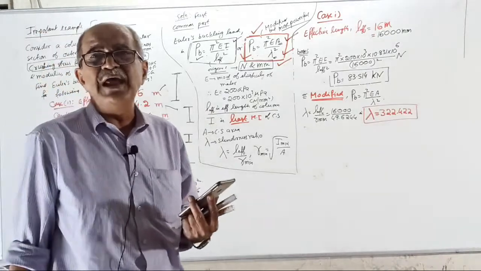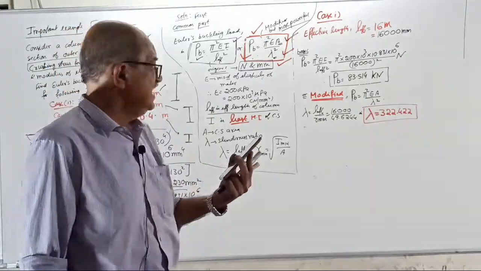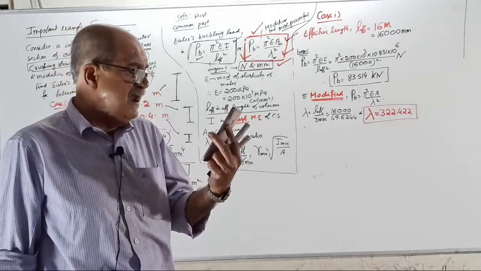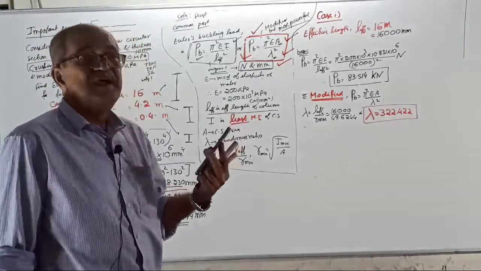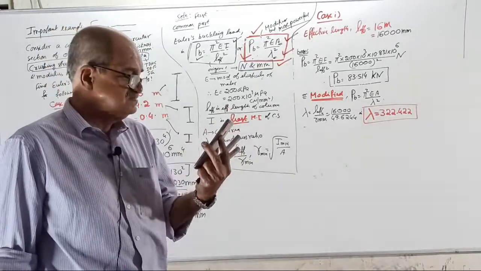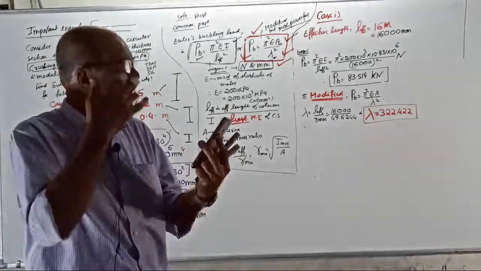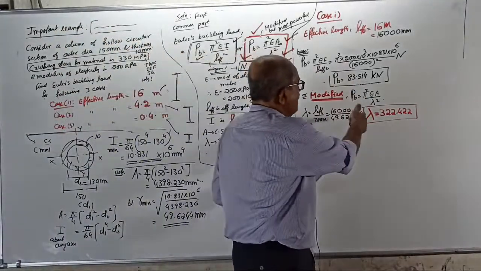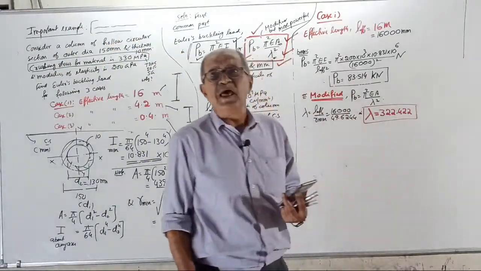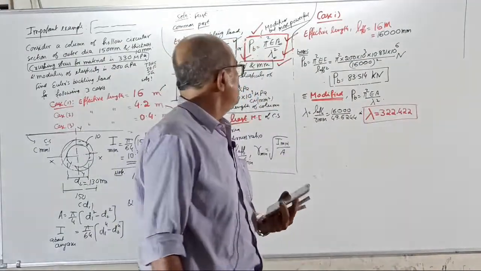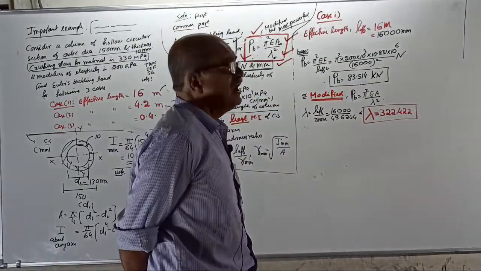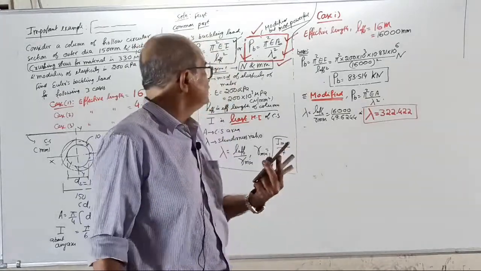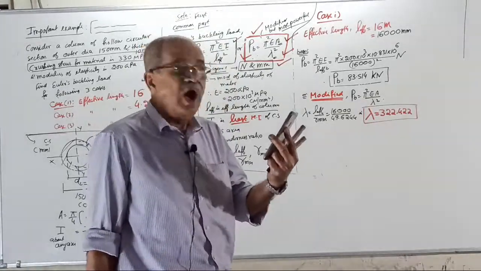So this will fail by what? Buckling or crushing? Now only you can tell. Predominantly it will fail by buckling. So do you think Euler's formula is applicable to this column? Tell me. Therefore you are sure now. This is a danger column. It will buckle. So what is in the mind? Is Euler's formula applicable? No.